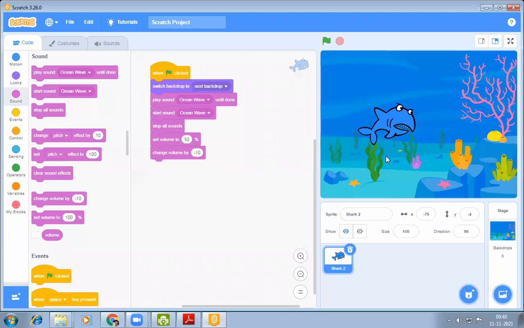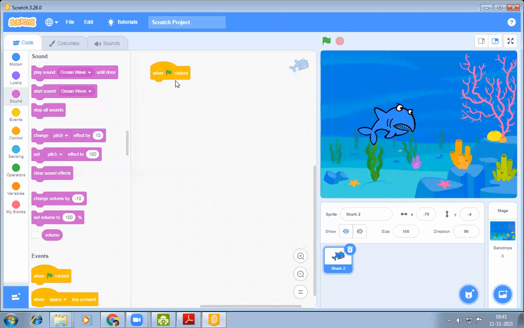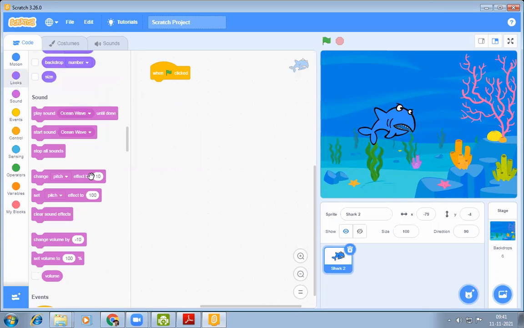Okay, first of all, when green flag is clicked, start sound ocean wave. Switch costume to Shark 2A. Where is costume?